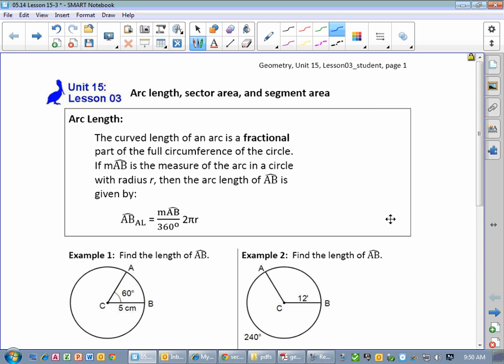Okay, so today: arc length and sector area. We're going to be talking about just parts of a circle. Okay? So the arc length, if we have a circle,